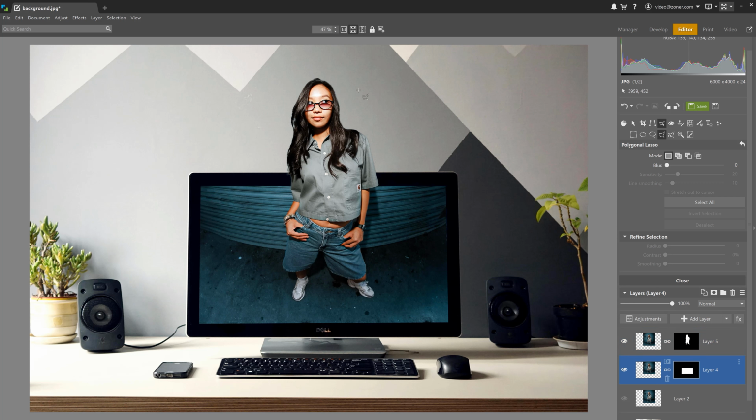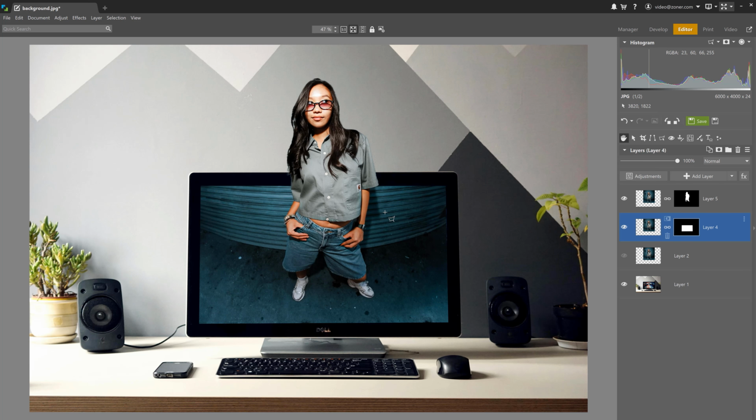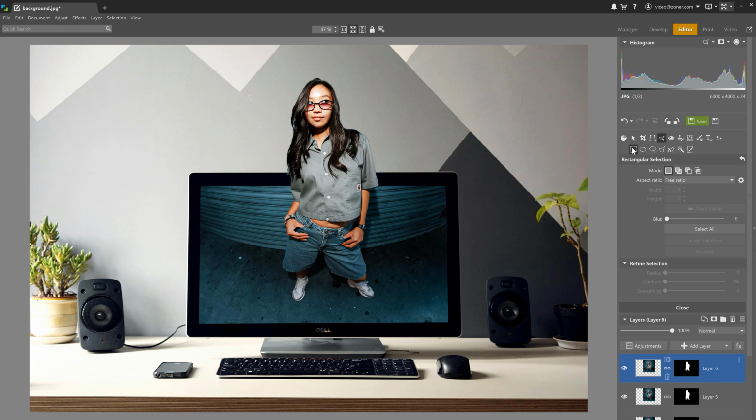Behind the monitor, there's clearly a wall. And in the photo of the object, there's also a wall. Because the photo was taken with a flash, there's a fairly sharp shadow behind the object, and I want to recreate that. Let's start by duplicating the layer with the object, the one without the background. Using the rectangular selection tool, I'm going to select the area from the top edge of the monitor down to just below where the object ends.